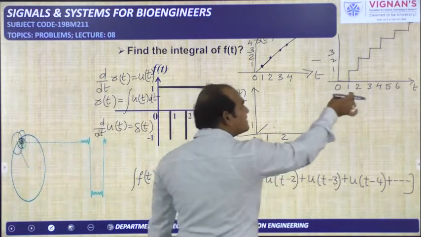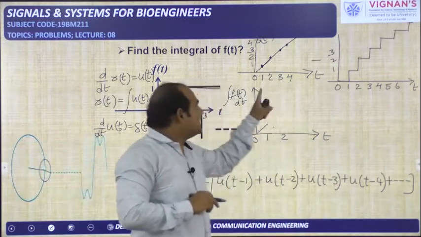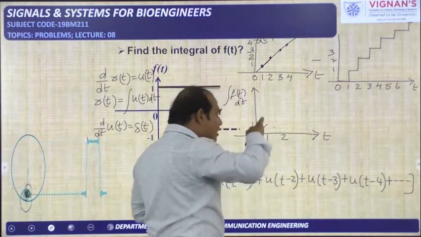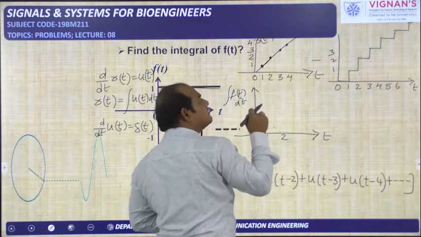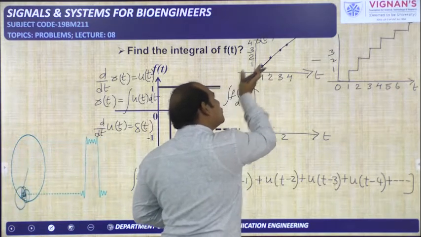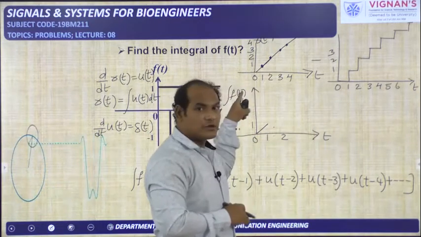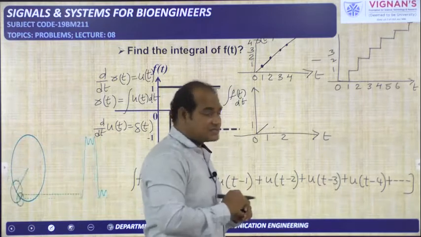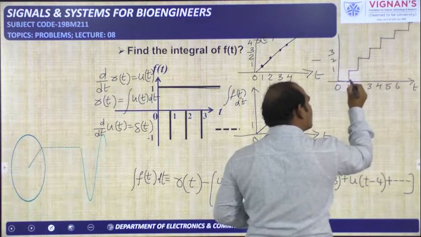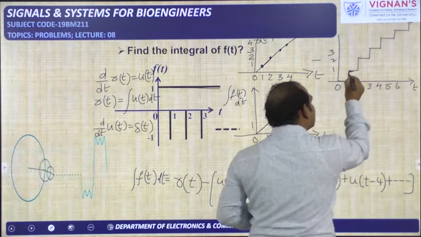But exactly at t is equal to 1, it is rising up to 1. At t is equal to 1, it is 1. So 1 minus 1 should be 0. So from this signal we can tell that when t is changing from 0 to 1, it is rising from 0 to 1. So that we have satisfied. 0 to 1 it is 0. That's why we have to see this signal only. So 0 to 1, that is over. But exactly at t is equal to 1, this is having the amplitude 0 and also the amplitude 1. It is changing from 0 to 1. So both things we have to take into consideration.